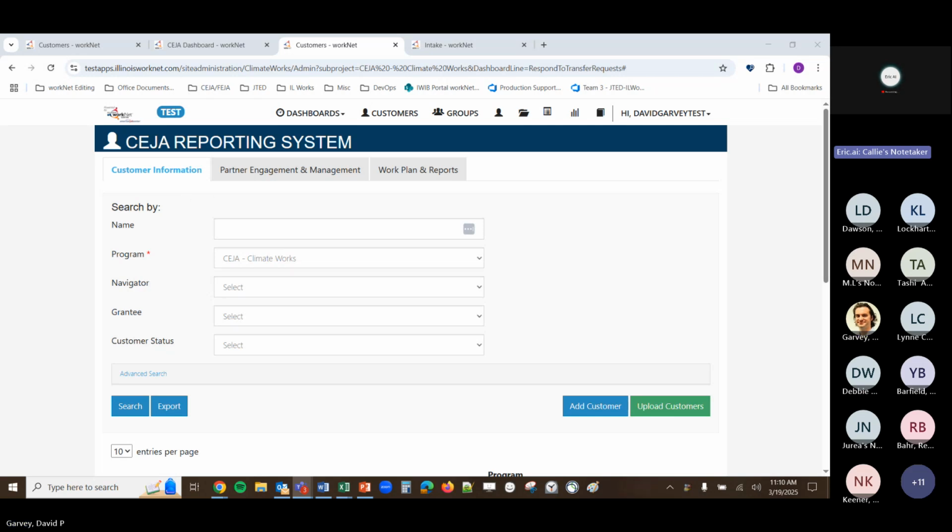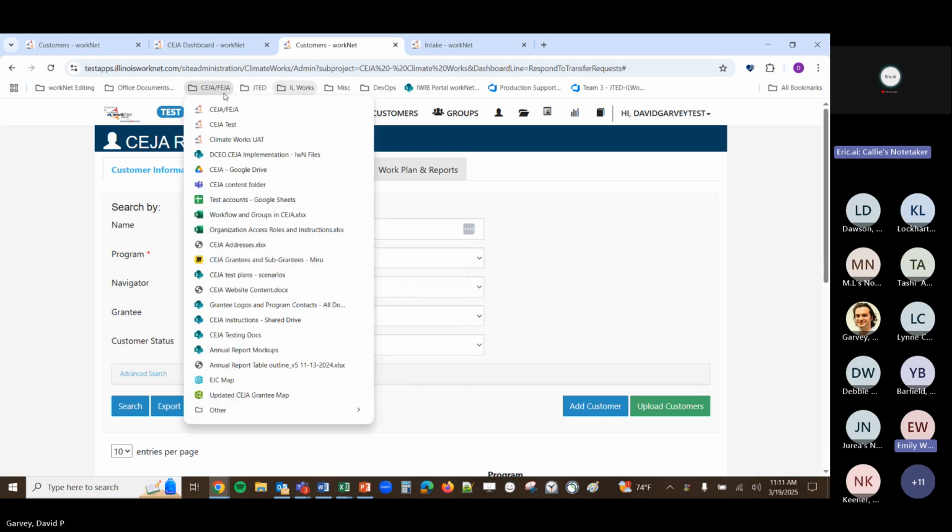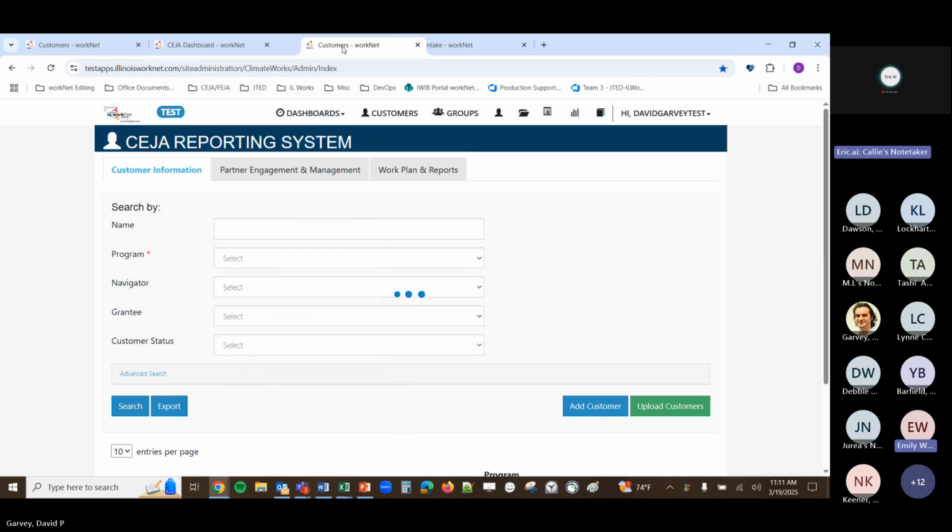Hey, David, this is Emily Welsh. I have one really quick question. If the barrier reduction specialist addresses a service need from the service needs assessment, how do we get that marked as completed? I know we're putting them in as wraparound services and putting the correct amount, like a gas card given, that kind of thing, but it's still showing up as needing attention.